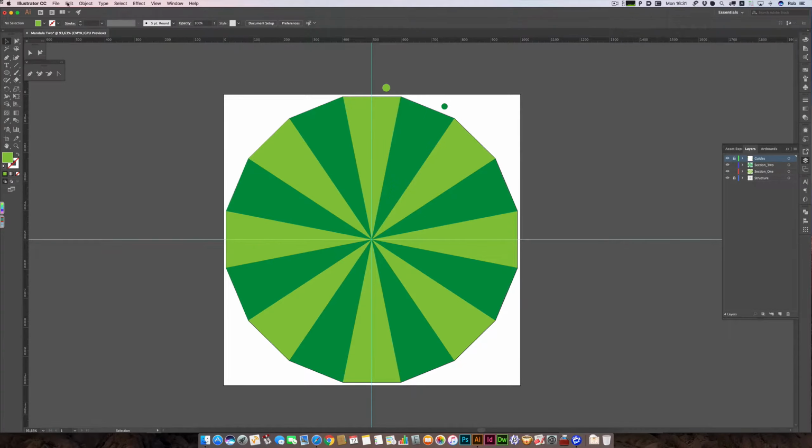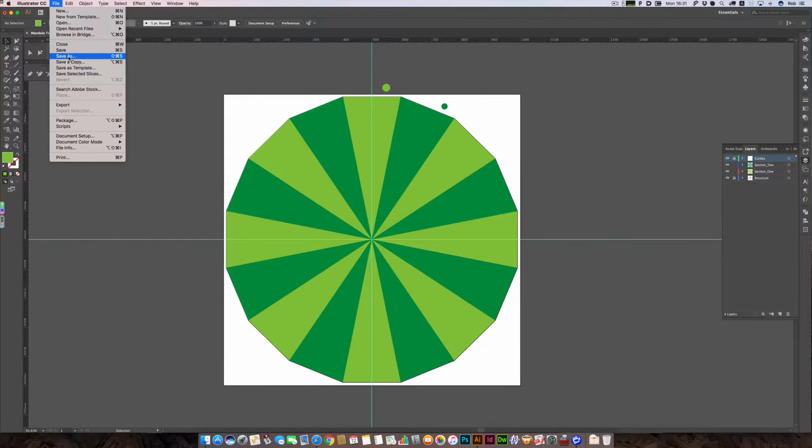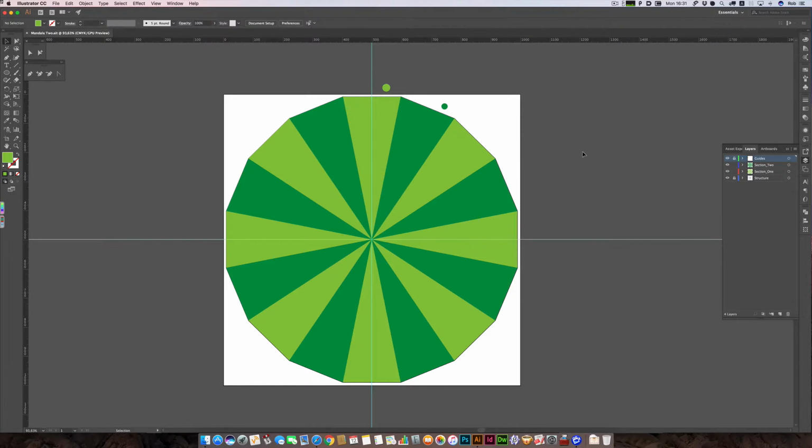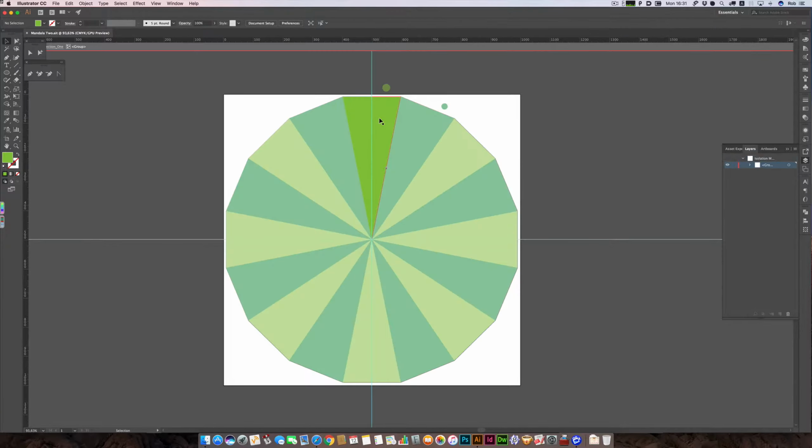And what we do is we can actually now save this as a template, so you can use it over and over again. Okay, I'm just going to stick that on my desktop for now. You notice it gives you a different extension for a template. And you're ready and you're set to go. And now I'm going to show you how this works, because you'll be amazed. Simply, if you want to create something in this section, or the light green sections, double click on that, so you select the group, double click on it again so you select the actual section,